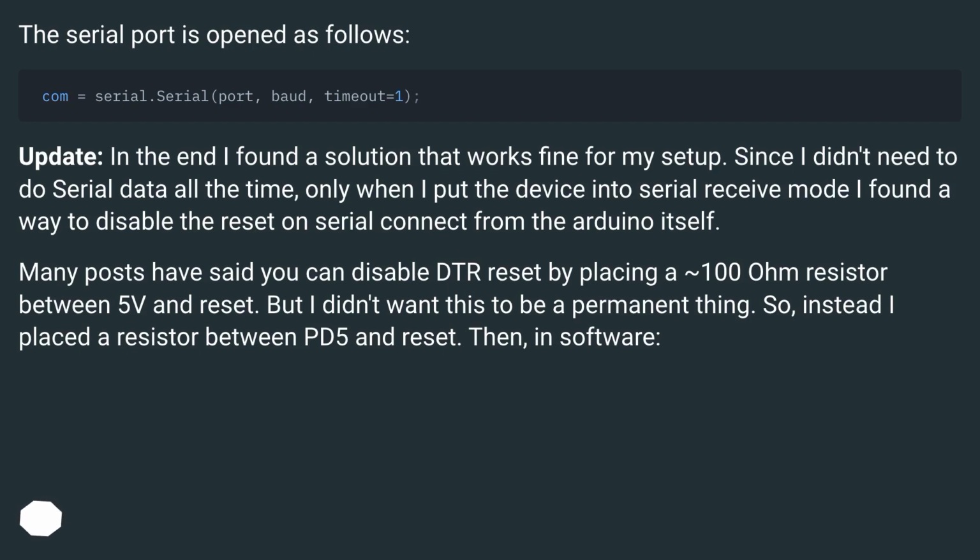Many posts have said you can disable DTR reset by placing a 100 ohm resistor between 5 volts and reset. But I didn't want this to be a permanent thing. So, instead I placed a resistor between PD5 and reset. Then, in software,